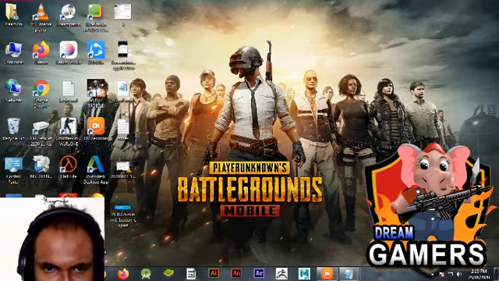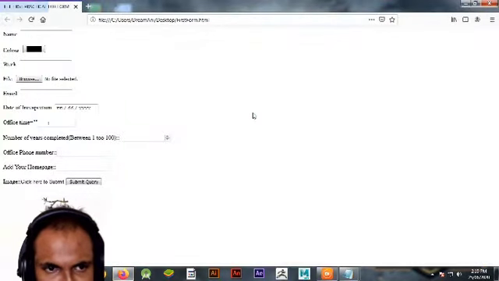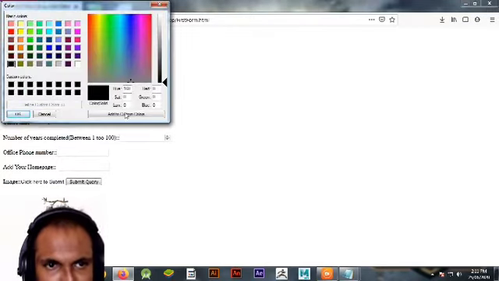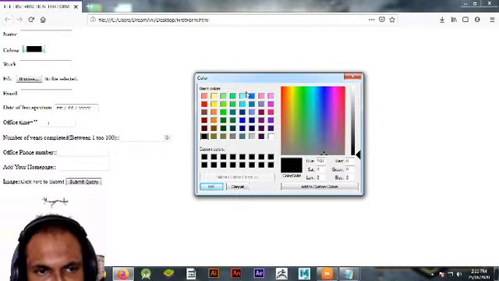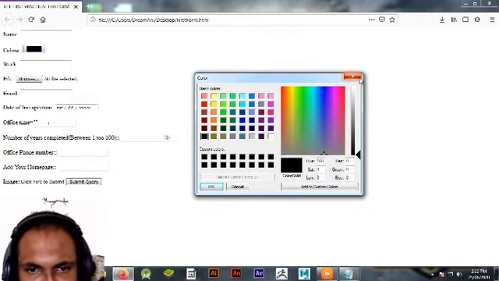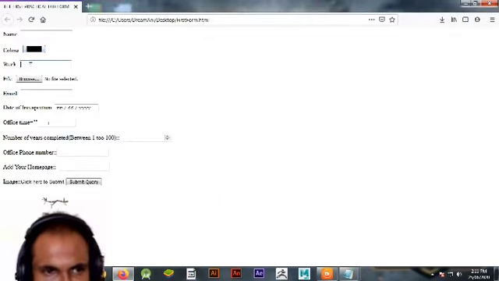So I'm going to run the program in the browser. See, here is the previous program, and here is the color panel. You can choose any color. If you want to put colors in a website, then you have to choose them, and you can put them in your form. If you want to select your favorite color, then you can make your website interactive by making this. Here you can enter which week you are in.